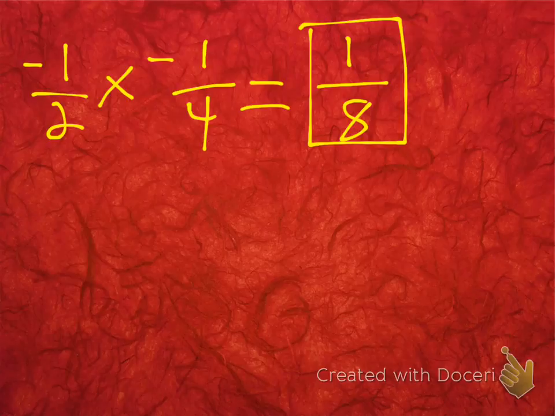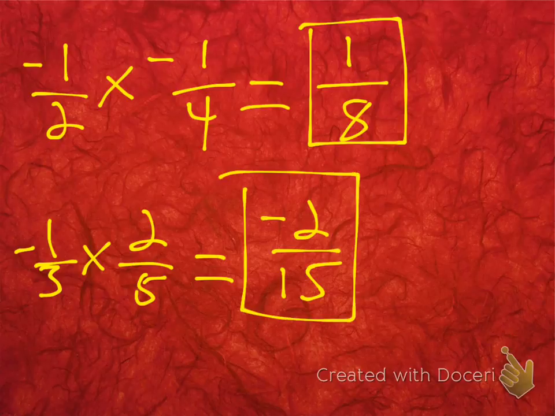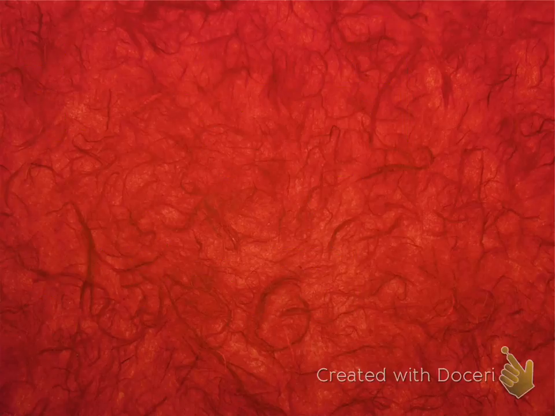Alright? If I said negative 1/3 times a positive 2/5, 1 times 2 is 2, 3 times 5 is 15. Are my signs different or the same? Different. So what is my answer? Negative. Should be one of the easier operations. Top times top, bottom times bottom. Next you have